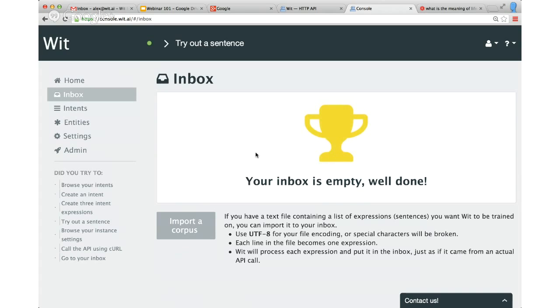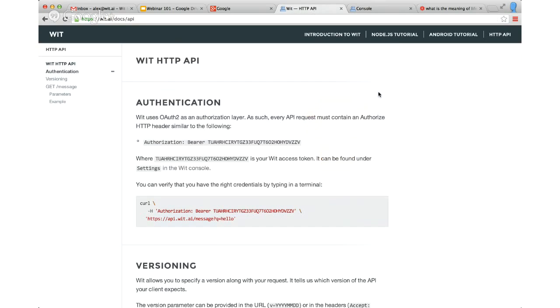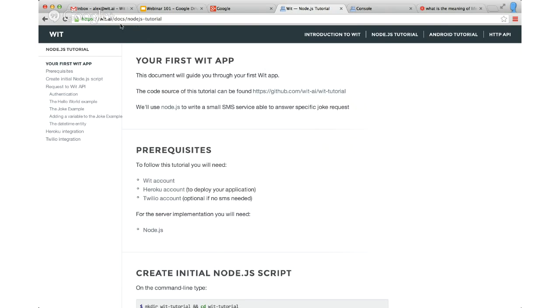So it's important to integrate with your app, and we've used the curl request in the command line terminal. That's not very user-friendly. It's extremely easy to integrate with Node.js, for instance. So we have a tutorial on the doc website where we use Node.js to integrate Wit with Twilio.